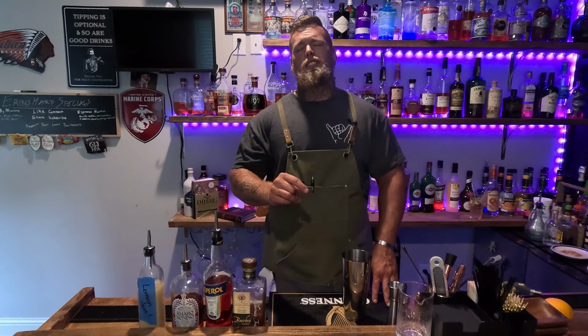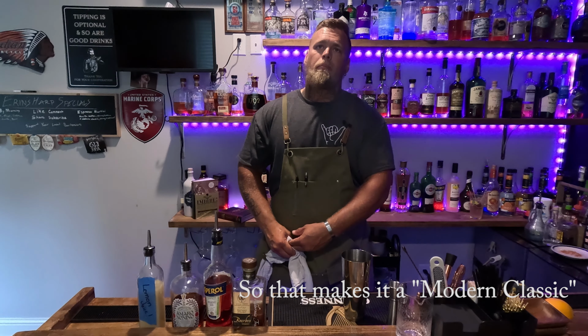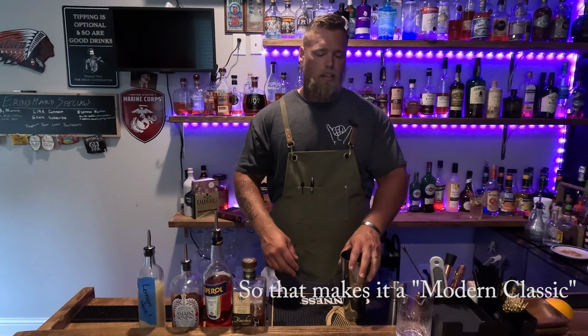So anyway, let's talk about the paper plane for just a second. 2008 was when this cocktail kind of became a thing. It was designed and created